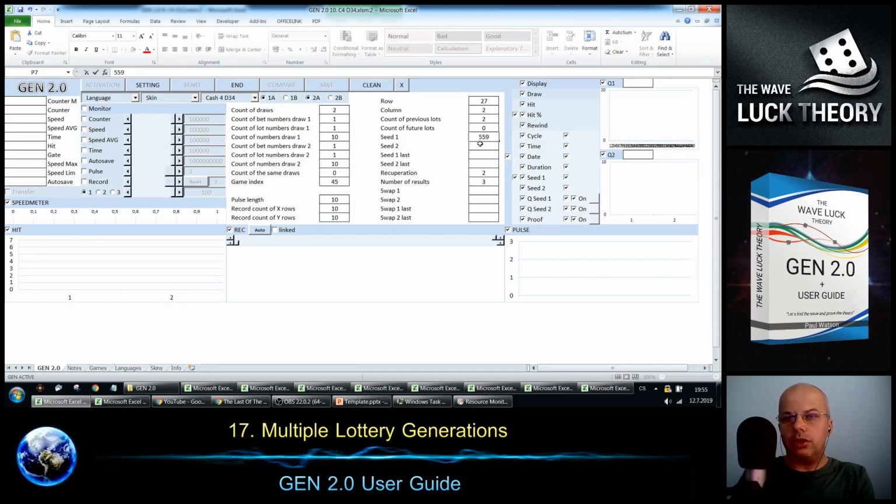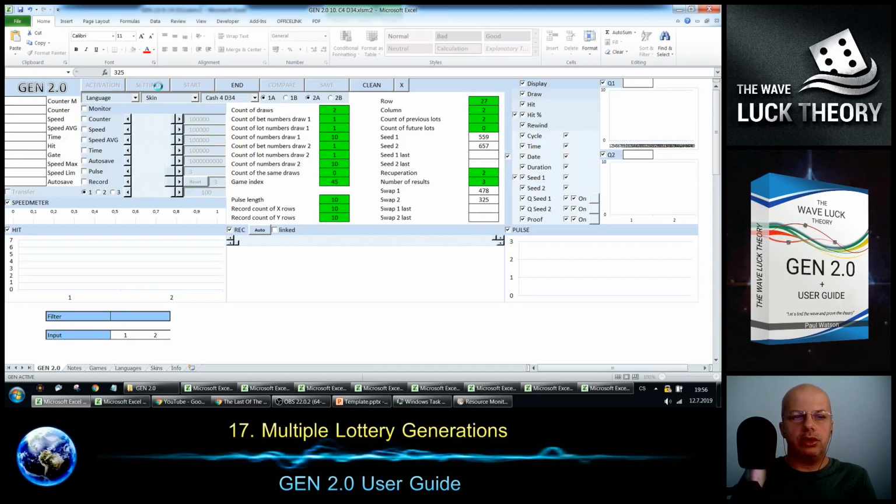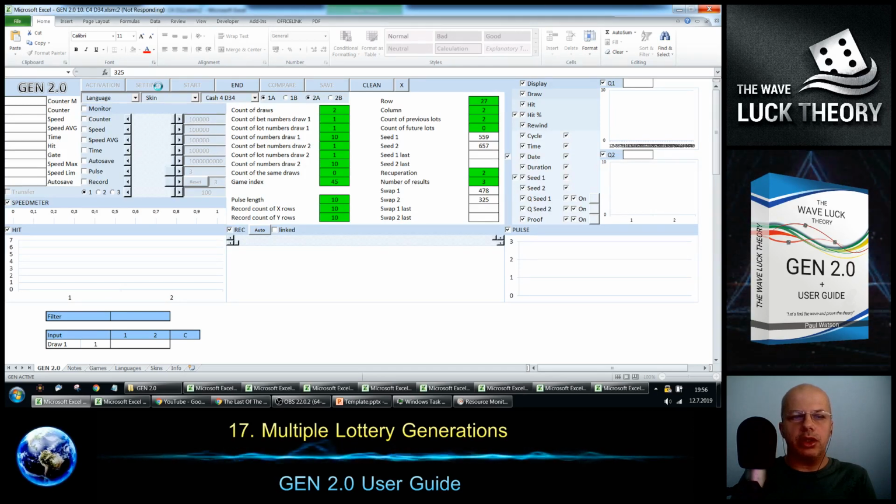We use different seeds, and as we have 2 draws, we should fill in both seeds and swaps. So the primary and secondary settings, or let's say the primary, is ready,